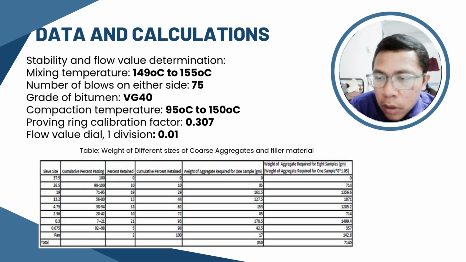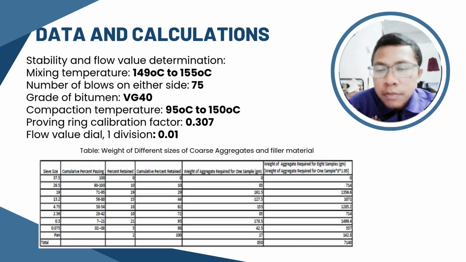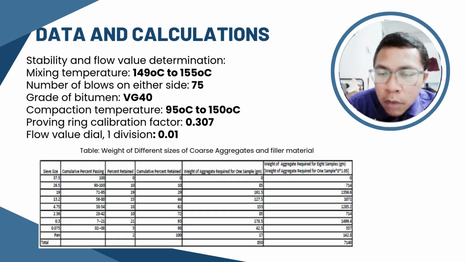The proving ring used for stability measurements had a calibration factor of 0.307, and the flow value was measured with a dial where one division corresponded to 0.1. Furthermore, the image includes a table detailing the weight of different sizes of coarse aggregates and filler material